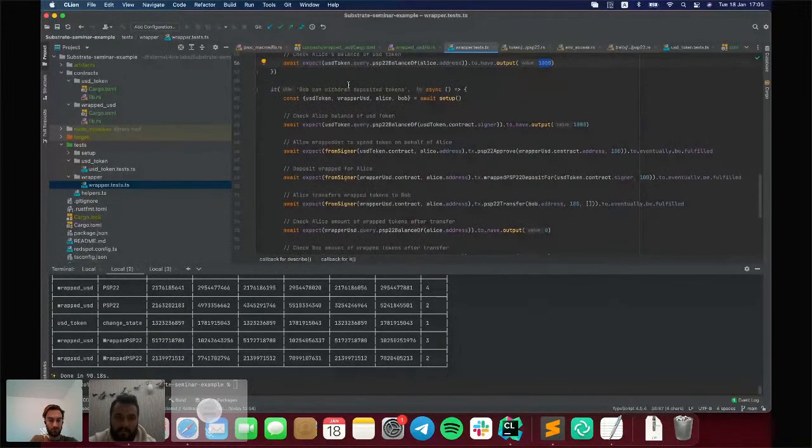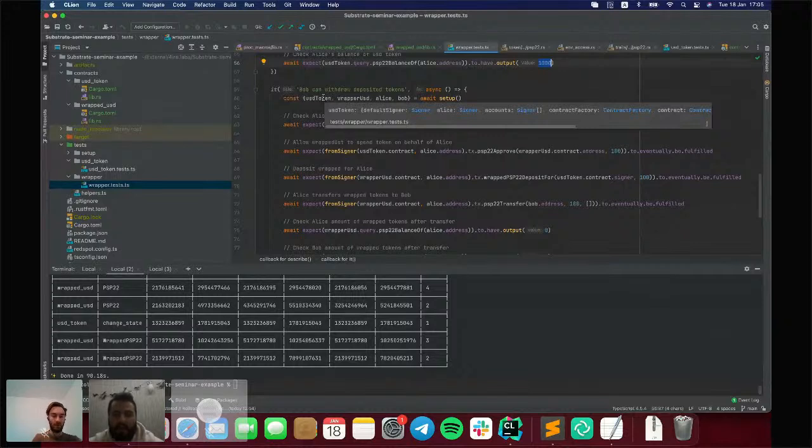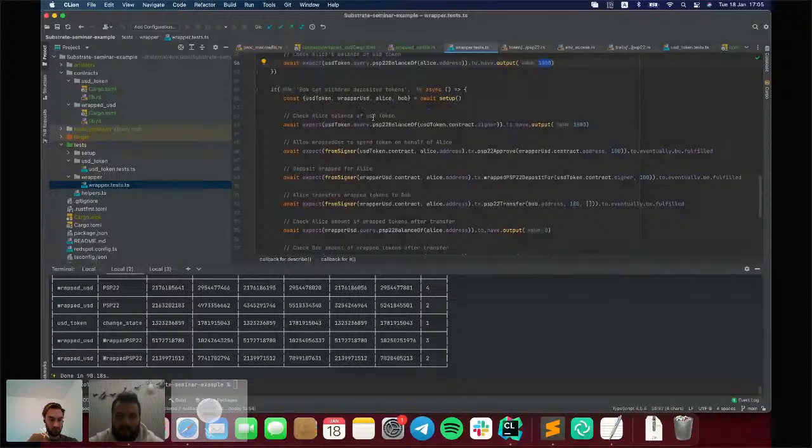And the third test is a more general workflow. Here we are verifying that Bob is able to withdraw deposited tokens, but how did Bob get them?